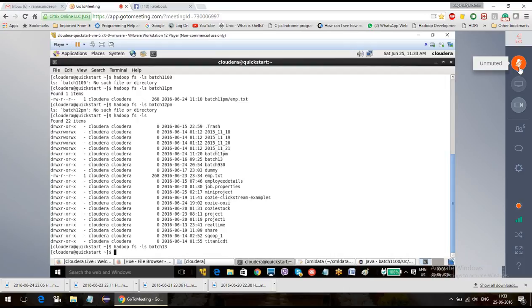Okay. So as I don't have any permissions to create a file directly in HDFS through the command line, I am going to create a file in my Linux system and then I will copy that file into the HDFS system. So I am going to create one file